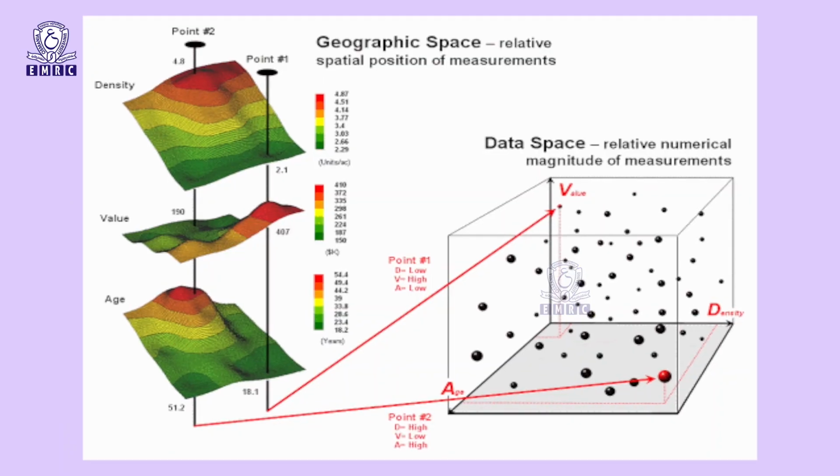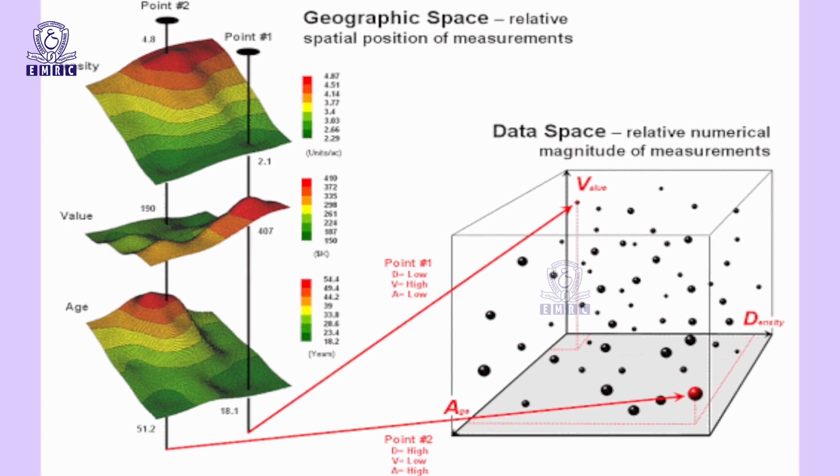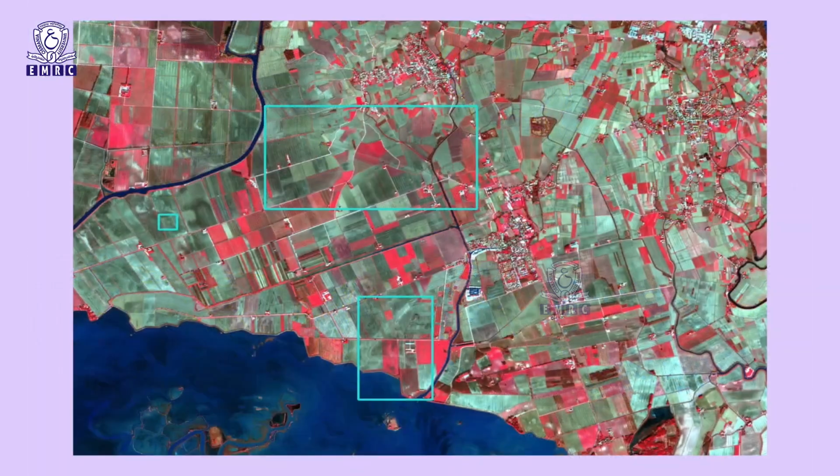In scale, it extends from the most local, when archaeologists record the location of pieces of pottery to the nearest centimeter or property boundaries are surveyed to the nearest millimeter, to the globe in the analysis of sea surface temperature or global warming. In time, it extends backward from the present into the analysis of historical population migration,